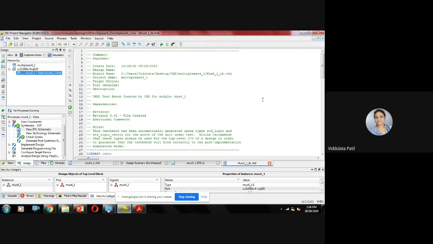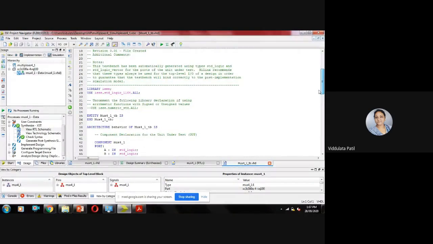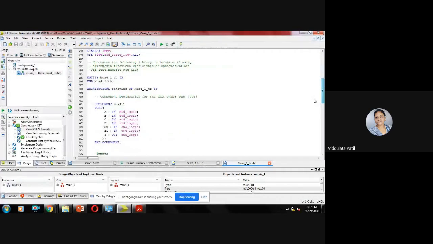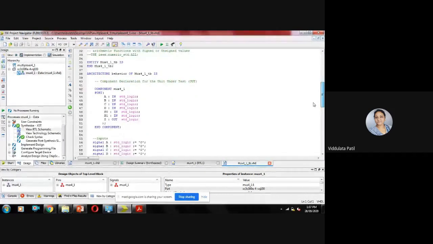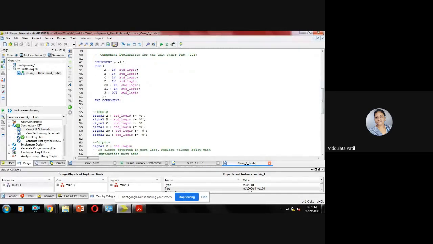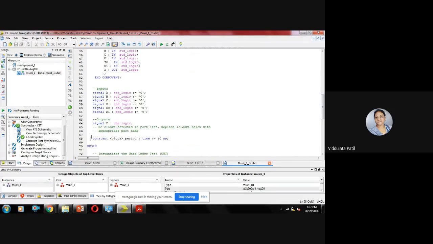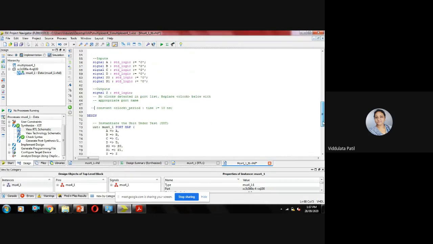So this test bench window will get opened, and then you can see here the library that is added, then the entity, and in the architecture we have added the component that is the mux 4:1, then initial values for these inputs. After that here we have the clock signal, but as we don't want it, let us make it a comment, or you can delete it.